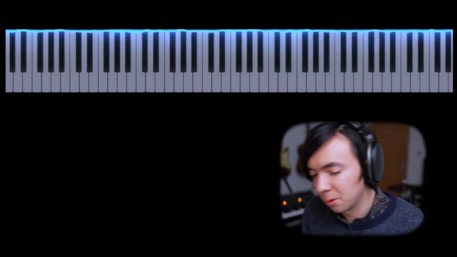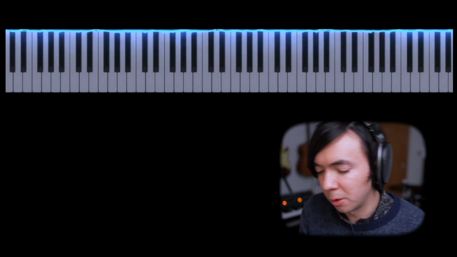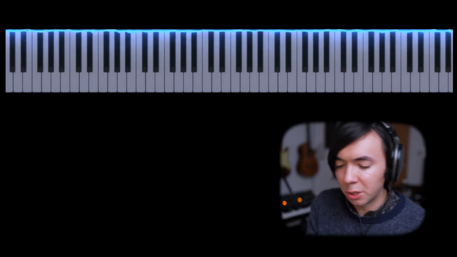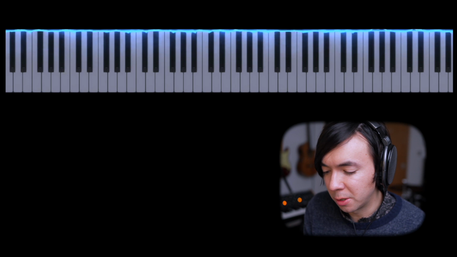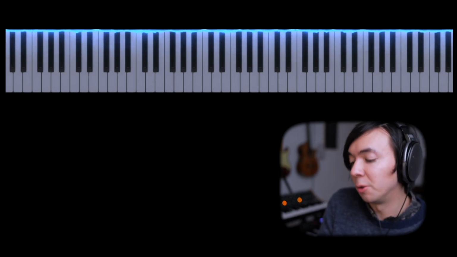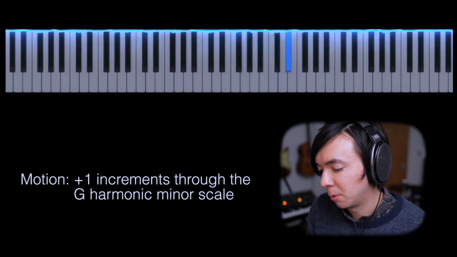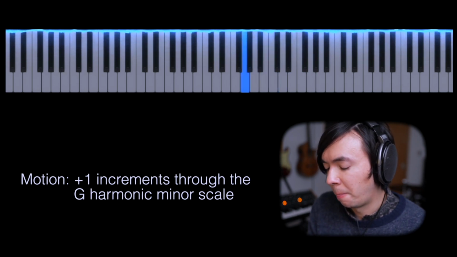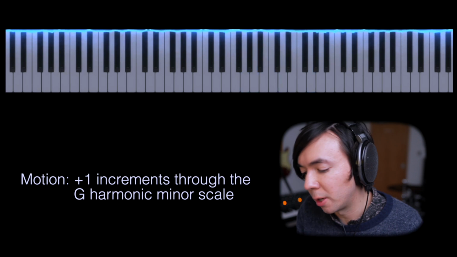So that's quite nice. This time, let's try choosing a simple shape, but a slightly more interesting sounding scale. So let's choose G harmonic minor. And let's just do some simple triads over the top.